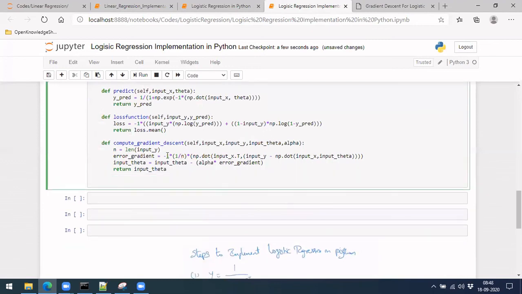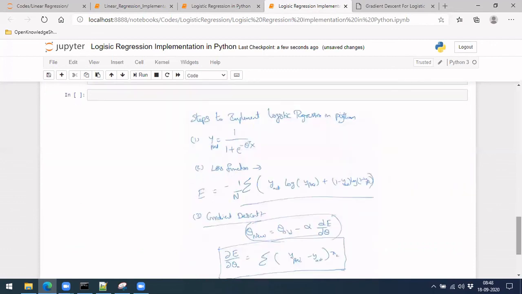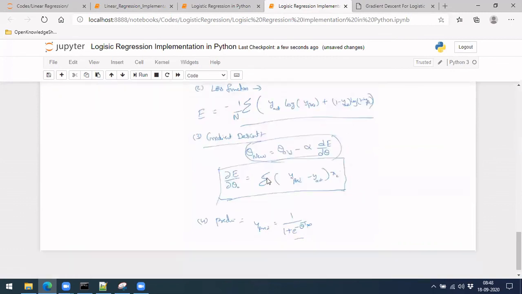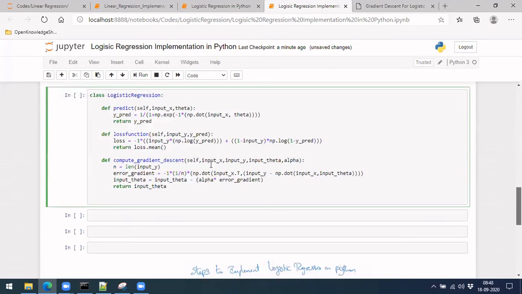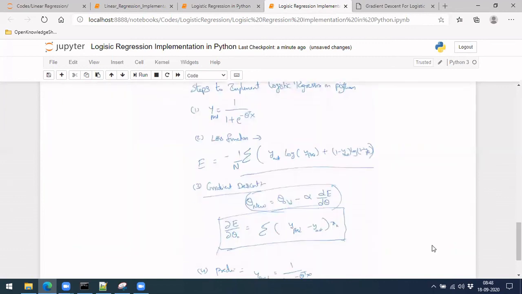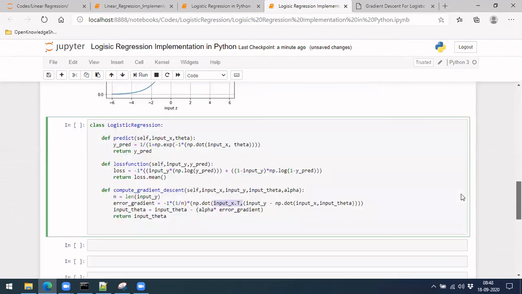So it is directly -1 into 1 by n, which we forgot to write here, but this 1 by n is still there at this level. So 1 by n into dot of this x multiplication, and then y prediction minus y output. You can see that here as well.